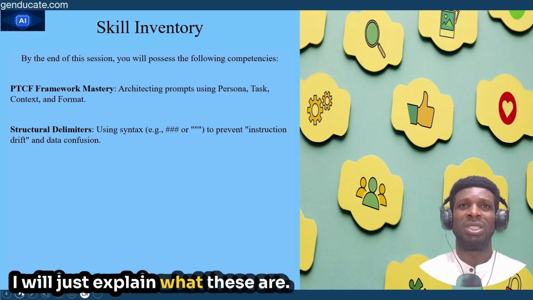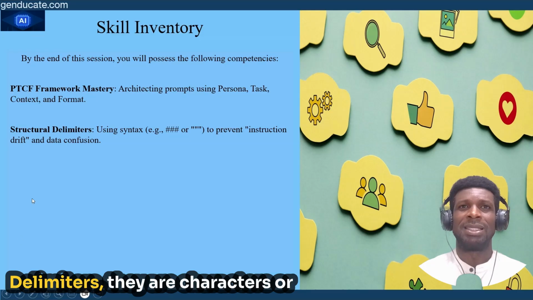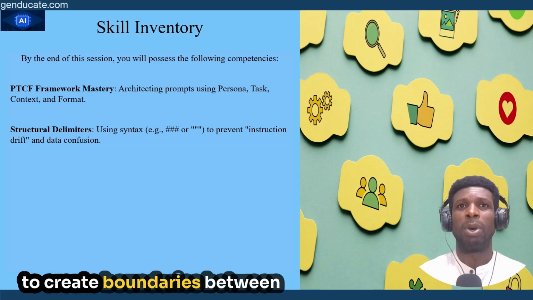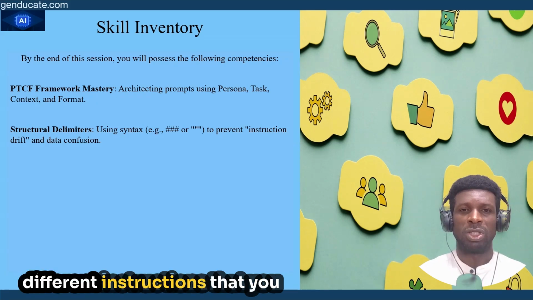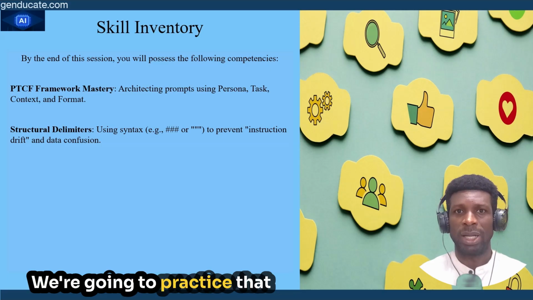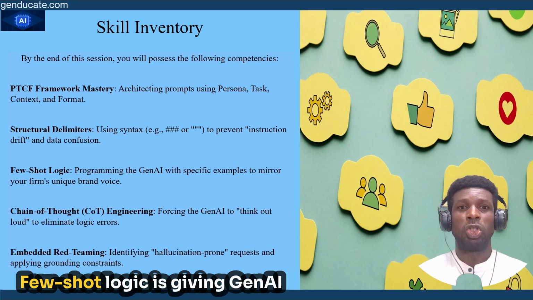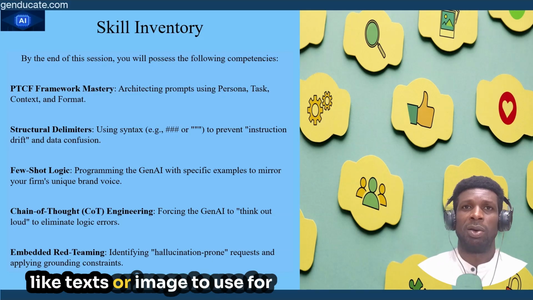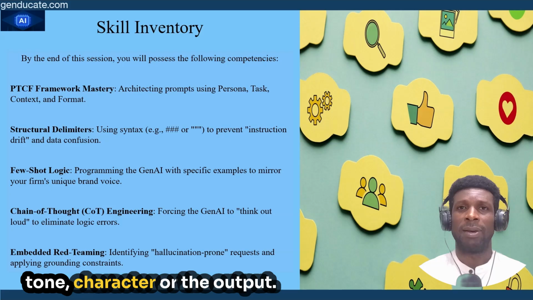I will just explain what these are. Delimiters, they are characters or symbols that are used basically to create boundaries between different instructions that you are giving to generative AI tools. We're going to practice that and you'll see how that is. Few-shot logic is giving GenAI tools examples to follow, like tests or image to use for tone, character, or the